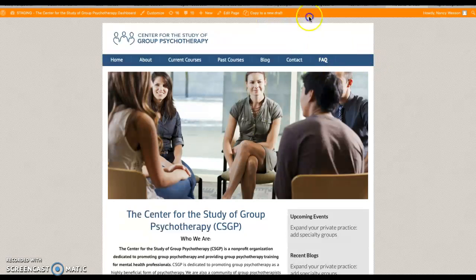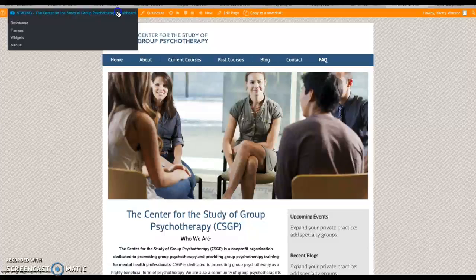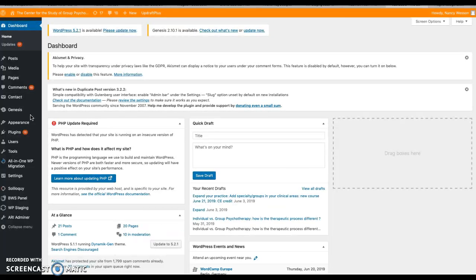You'll notice that this is very different now. We're in orange instead of black, and you can see it's titled Staging. Let's go into the dashboard here now. This is the staging site. So this is a clone. This is